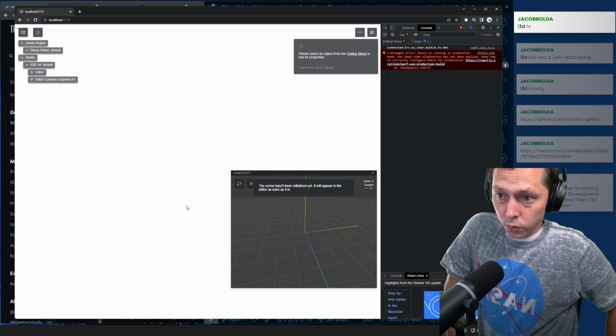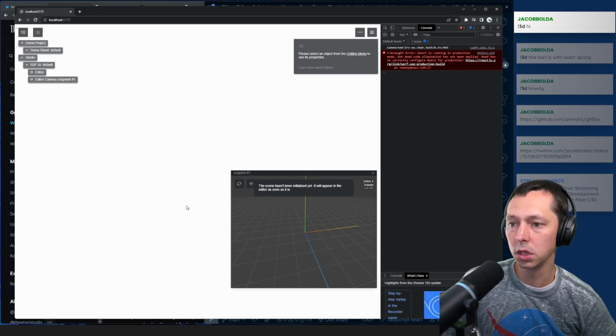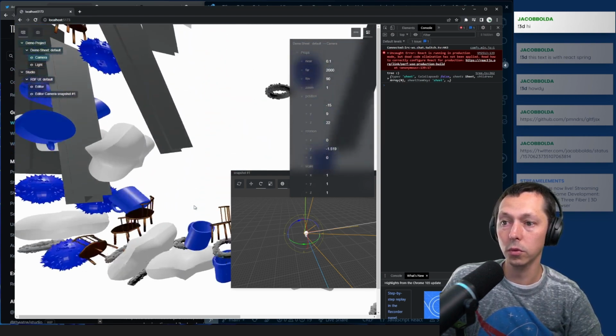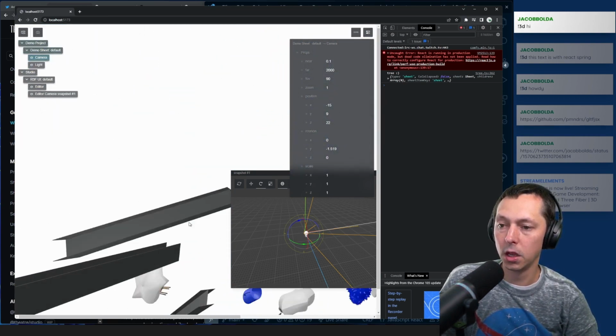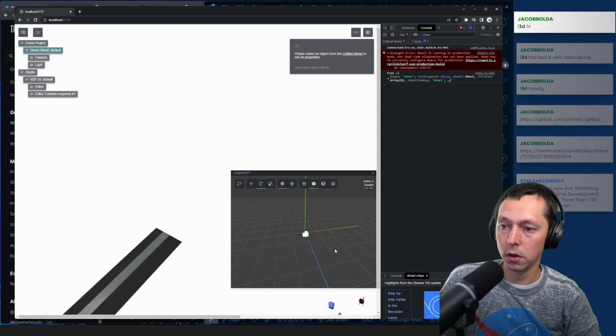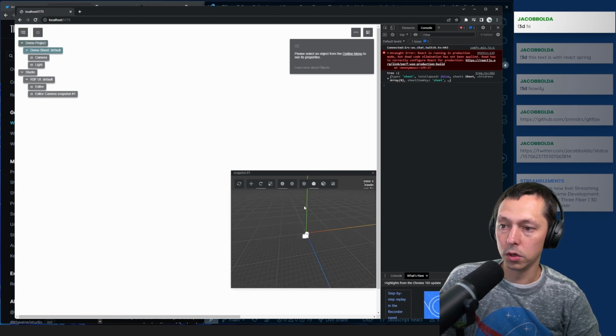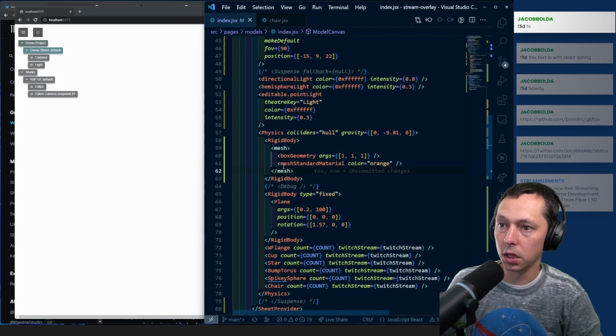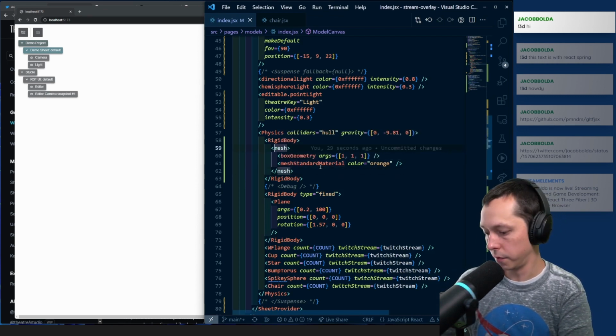So we undid the change to the instance mesh. So I'd expect it to, oh, okay. Ooh. All right. So it showed up. It shows up as a rigid body. We don't have it marked as editable, so it's not going to show up in that yet. But now if we do